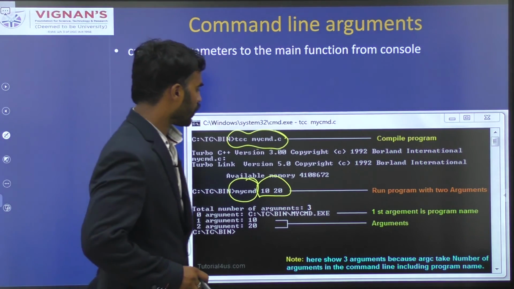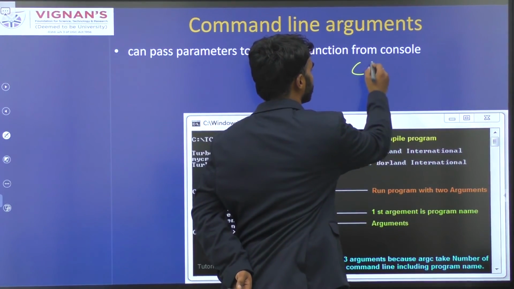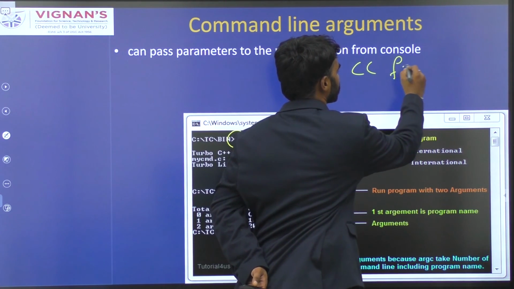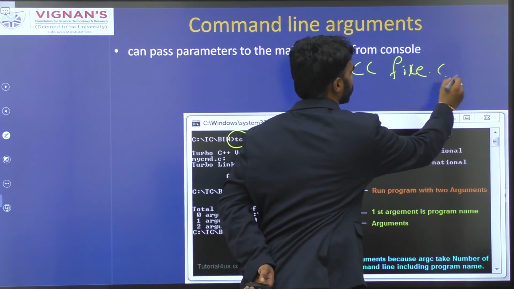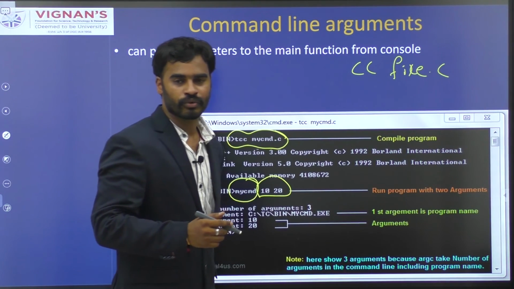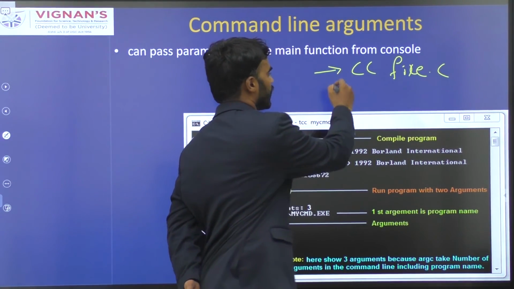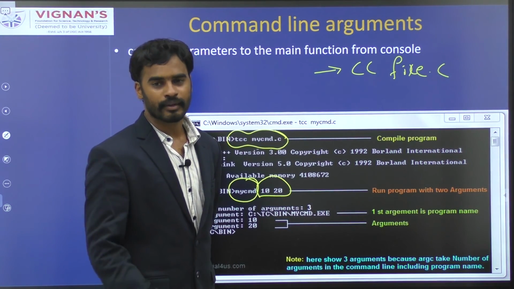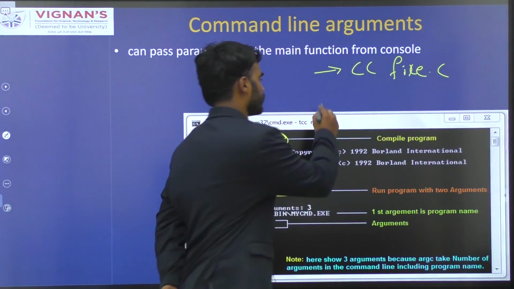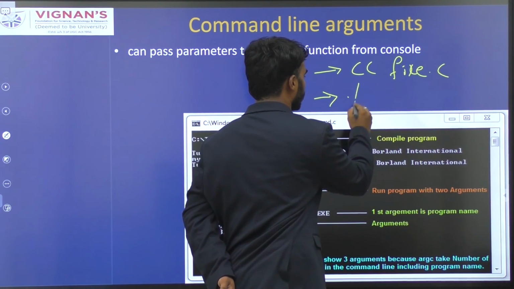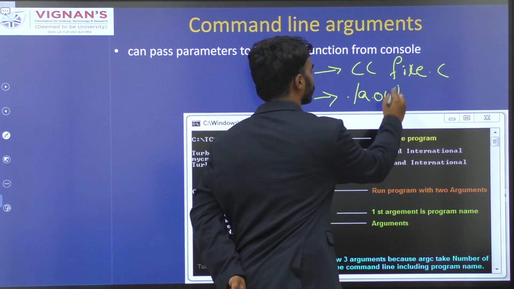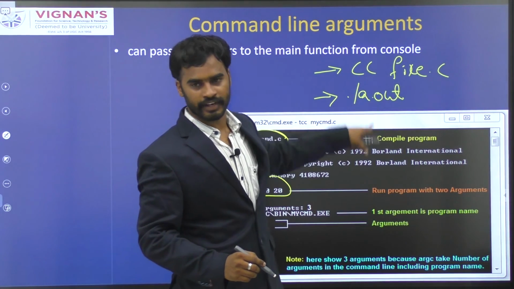Generally we compile our C programs like this: cc space filename.c. After compiling, we will execute our programs like this: ./a.out. This is for compiling and this is for execution.